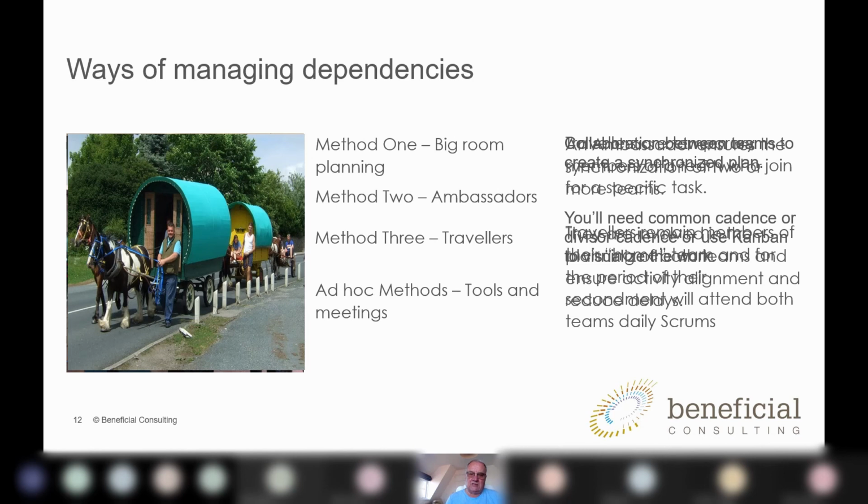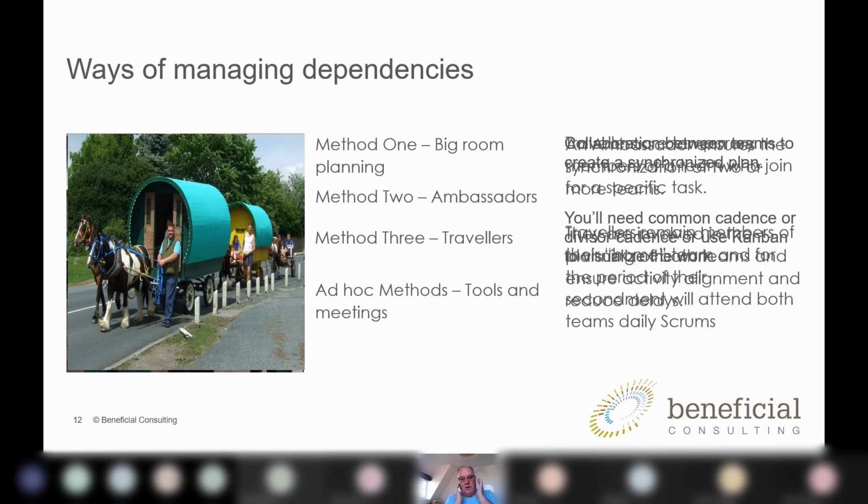Now, obviously, in a software environment, that ambassador role needs to be somebody with a fair degree of technical nous, because they'll need to understand the implications of what each of the teams are telling them. If you were doing a transformation and it was a people change piece, then that might be an HR specialist looking at the impacts on people, on culture, on job loss or job creation, all of those sort of things. So if you're going to use ambassadors, you need to think about the skill sets you're going to need in an ambassador scenario.